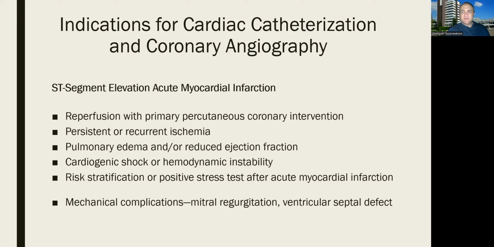ST segment elevation acute myocardial infarction, reperfusion with primary percutaneous coronary intervention, persistent or recurrent ischemia, pulmonary edema and recurrent reduced ejection fraction, cardiogenic shock or hemodynamic instability, risk stratification or positive stress test after acute myocardial infarction, mechanical complications,